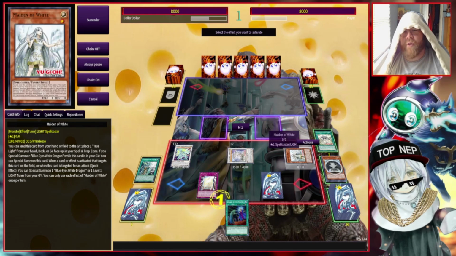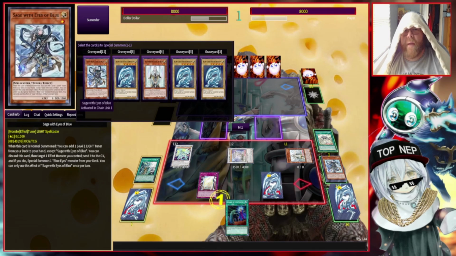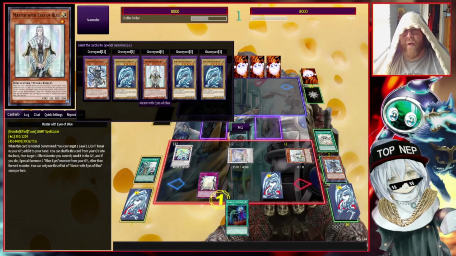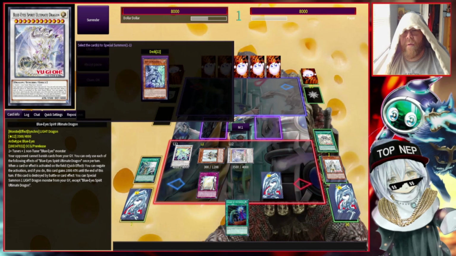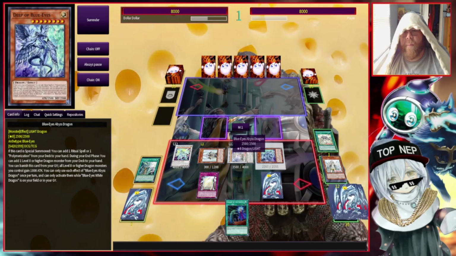Now, Maiden will also get us a Blue-Eyes, as we've seen before. That's what she does. And we're going to summon back... I'm going to leave the Blue-Eyes in the graveyard for now. I'm going to bring back the Master. And this will summon out Deep of Blue-Eyes. Because when this guy gets summoned out...